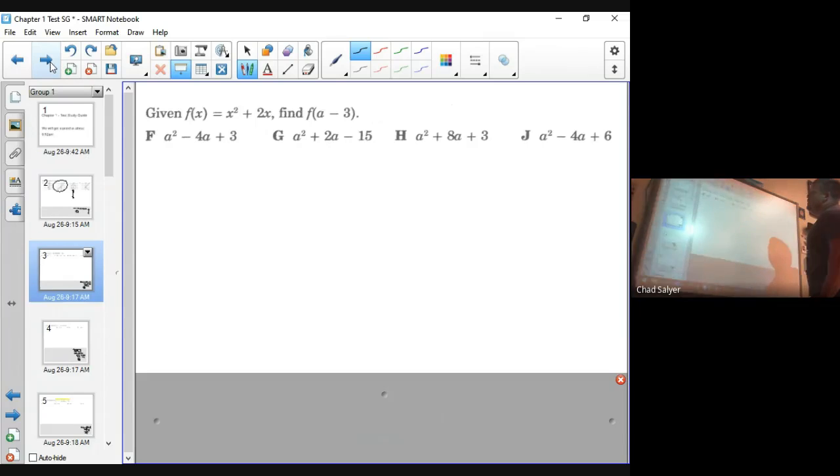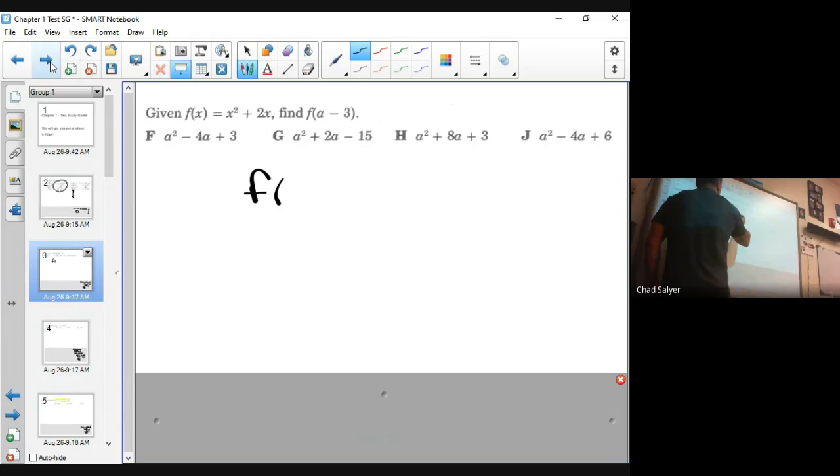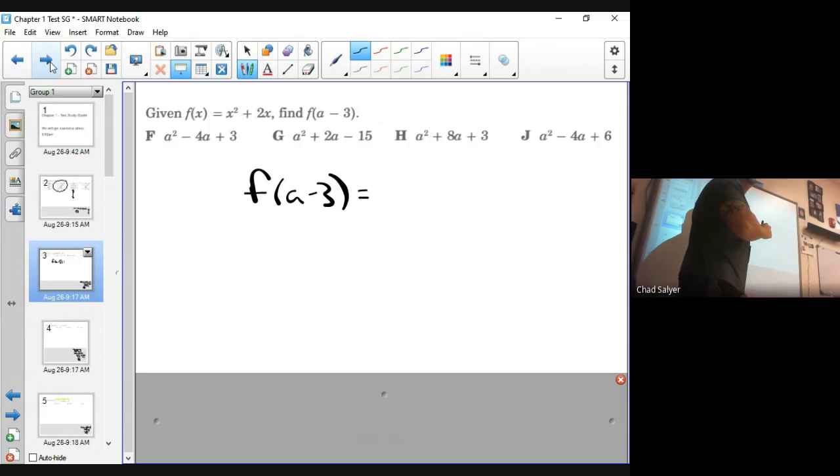For problem 2, given f of x equals x squared plus 2x, find f of a minus 3. So f of a minus 3 equals,